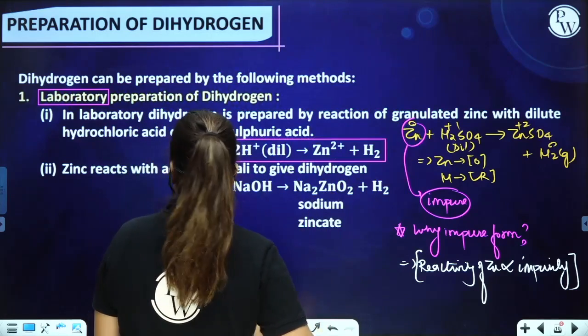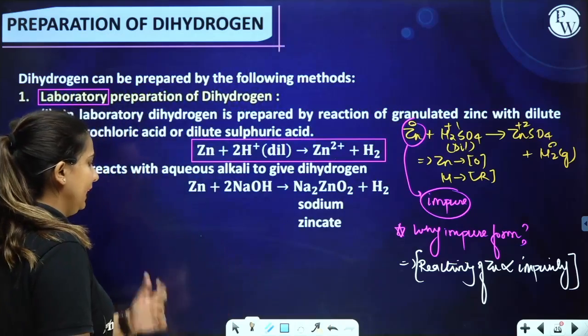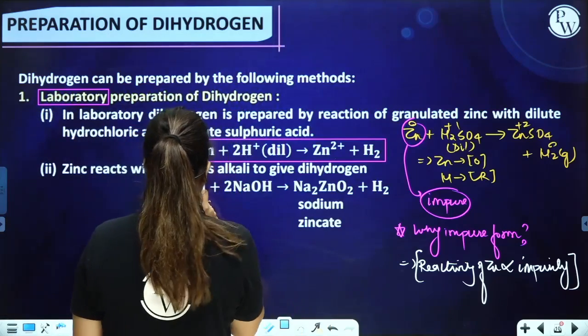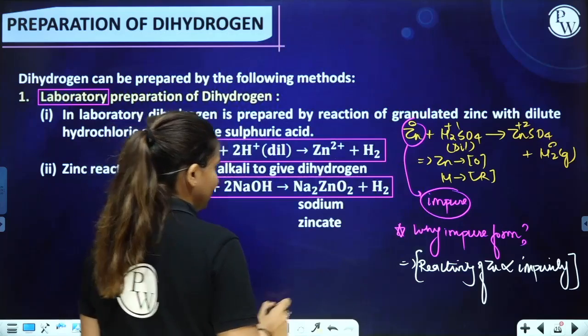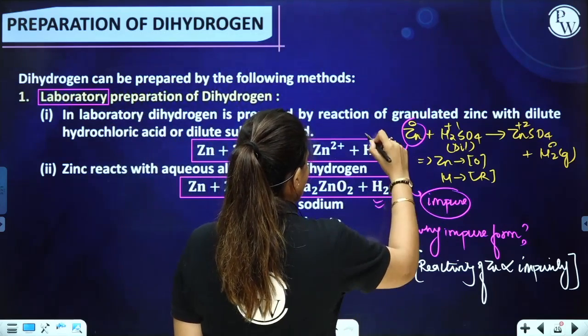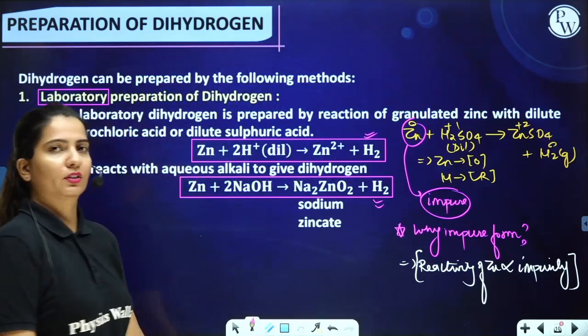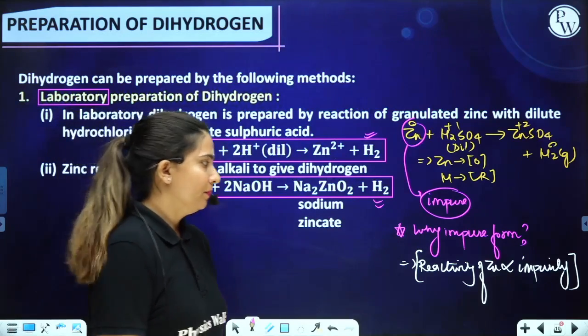After that we can even react this zinc with an alkali to form dihydrogen. This is the reaction over here. Here we are getting sodium zincate as the product, and with the release of that we have hydrogen gas formed. Sodium zincate is the salt of zinc, just as in the case of the acids, right? Moving forward,